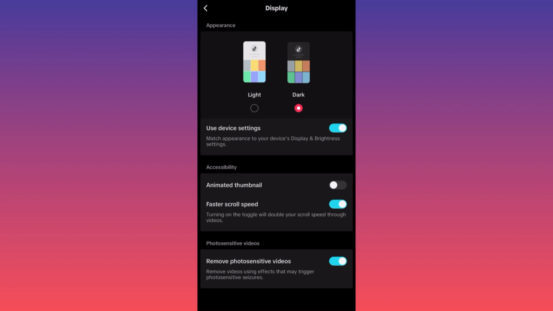simply because the eyes will not be irritated by the change of light and dark colors while switching through the apps. Don't take it as advice, I'm not a doctor, right? But this is what I have experienced, and I've seen that it's much easier for the eyes to adapt from a dark theme in one app to another dark theme in another app, and then going back to your default settings on your device. But this is how you can get a dark mode on